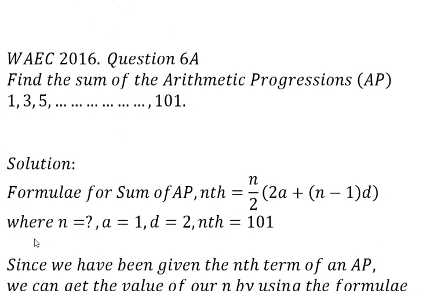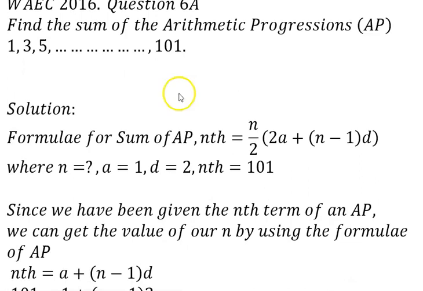Awesome. Let's dive straight to the next one. WAEC question year 2016. Because this is a video, if you have any issue, you can always pause, rewind to get more clarification on any question. WAEC question year 2016, question 6a. The question says, find the sum of the arithmetic progression AP 1, 3, 5, all to 101. Look at this question. Small, but a lot of details are there. We have to look for the sum of this